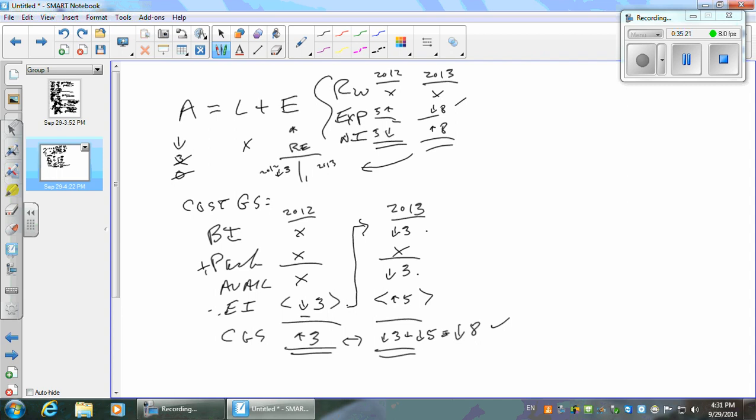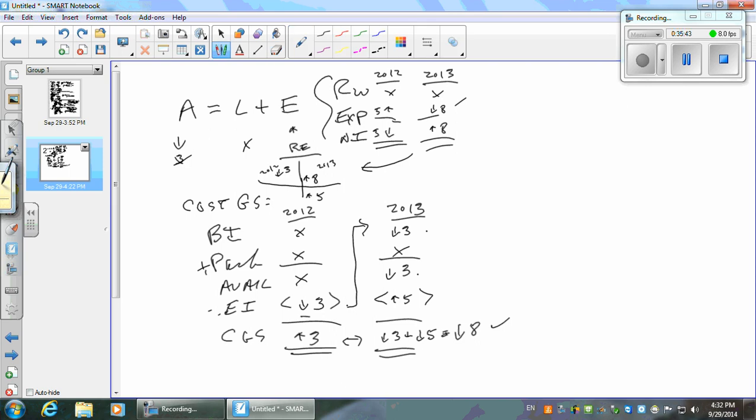Equity overstated, retained earnings by how much? 8. But what's the net effect of understating it one year by 3 and then overstating it the next year by 8? Net overstatement of 5, which is going to be very handy because that's how much my ending inventory is off by, right? How much is my ending inventory overstated at the end